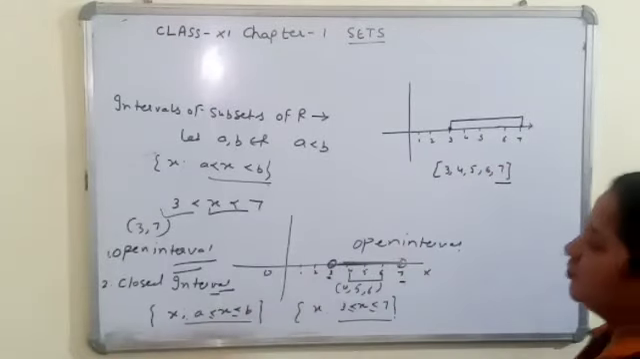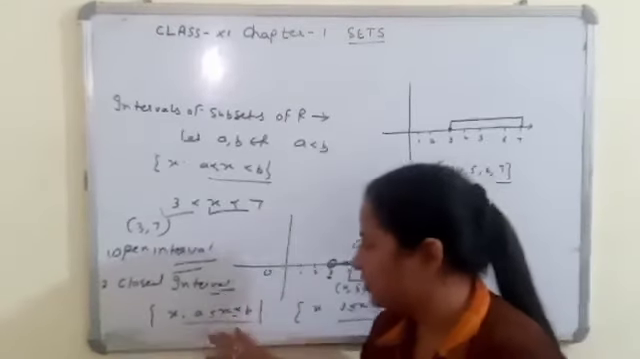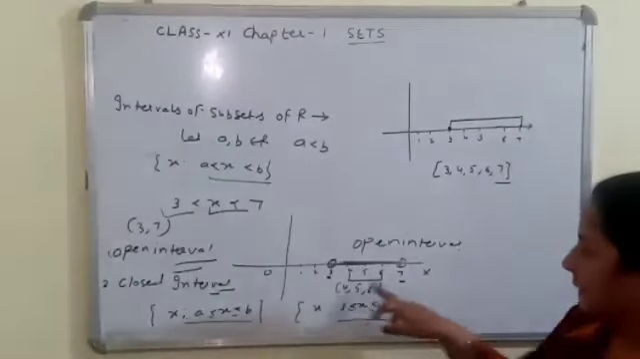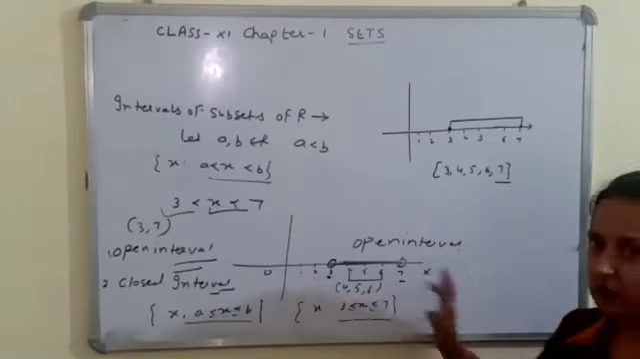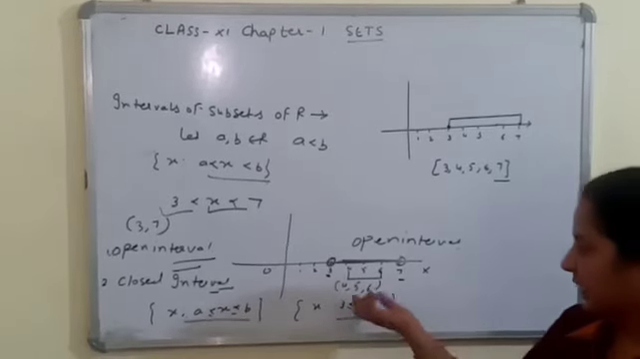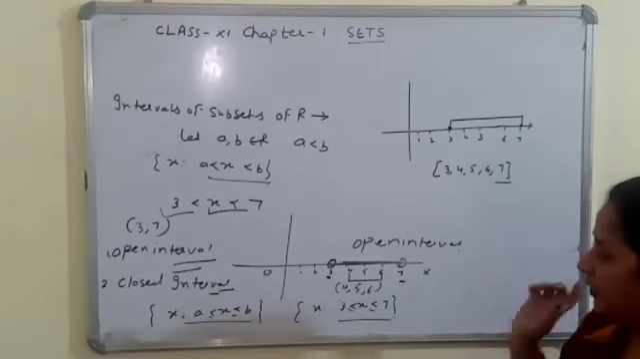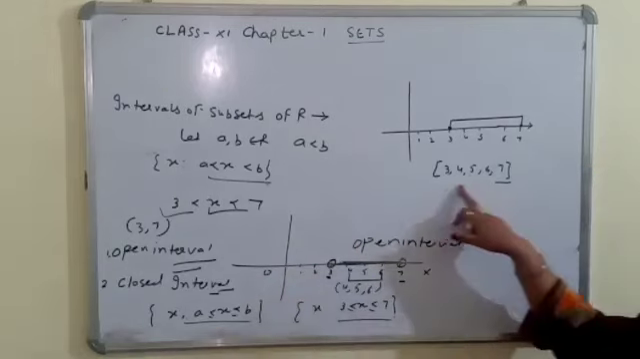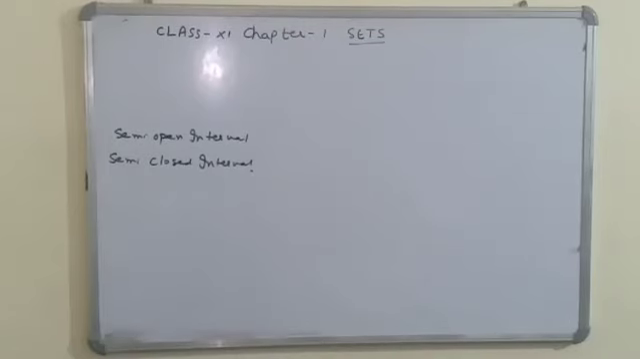The basic difference between open interval and closed interval is that in an open interval we will not include the endpoints. 3 and 7 are not included in that interval, and in this way we will write it. In a closed interval, the endpoint values are also included in the interval. Now there are some intervals which are closed at one end and open at the other, called semi-closed or